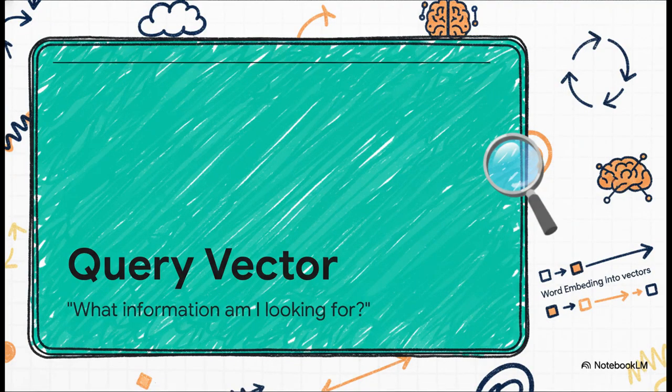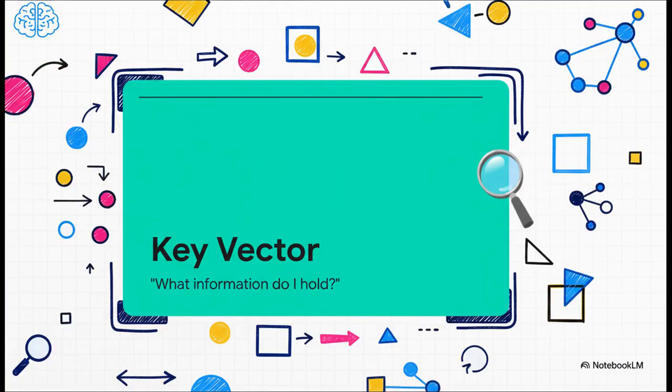Well, for every single token in our sentence, the model creates three brand new vectors. The first one is the query vector. You can think of this as the token asking a question to all the other tokens. Hey, what do you guys know that's relevant to me right now? The second one is the key vector. This acts like a little label or a signpost on every other token announcing what kind of information it has. It's basically the potential answer to the query's question.